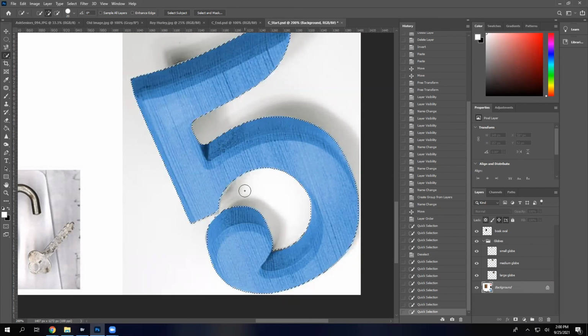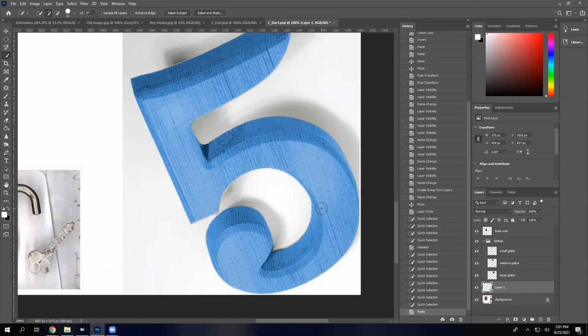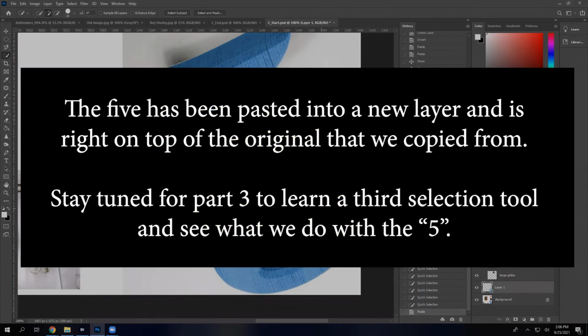And then when you feel like you have it selected, you're going to, again, Control C, Control V to put that on its new layer. Make sure you're on the background layer. It's tricky when you copy and paste. Sometimes it looks like nothing's happened, but make sure you look at your layers panel because it will paste directly on top of where it was before. And now if you grab the new tool. All right, so that's the quick select tool. All right, now